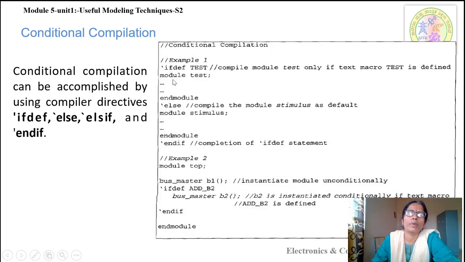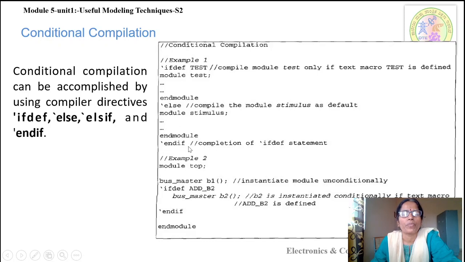If def TEST, the test model executes; else the stimulus model is compiled. If the macro TEST is defined, we execute the test model. Otherwise, the stimulus is compiled. This ends with end if. When there is an if def, an end if must also be there.